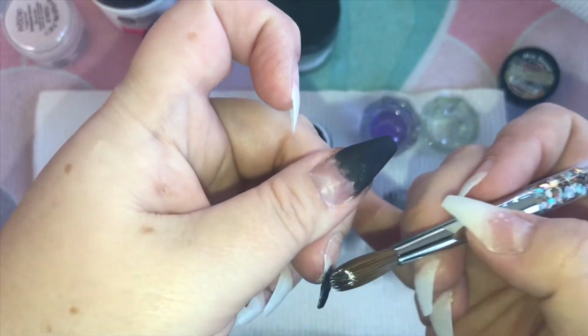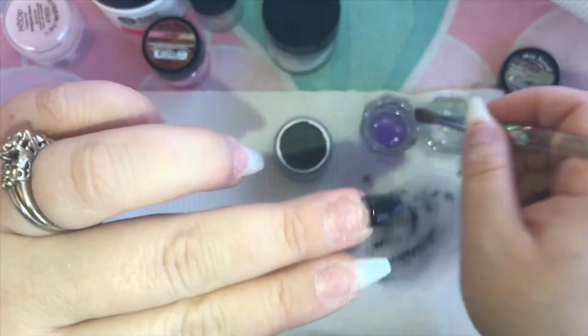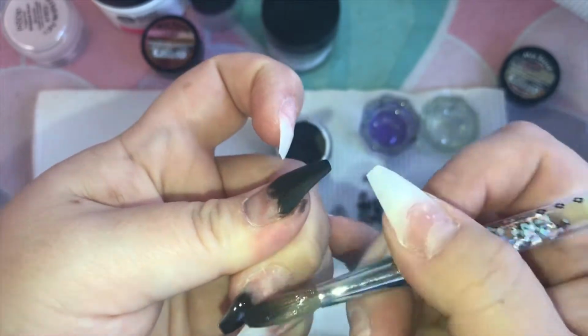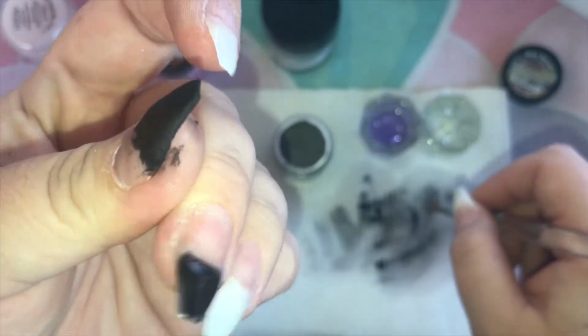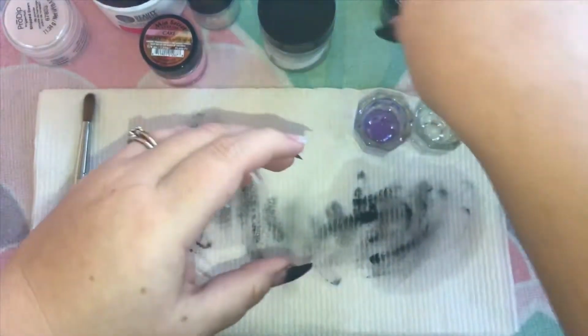So with this ombre, I'm just basically trying to put a bead at the end of my nail and drag it up just about halfway, not quite halfway, so that when I put this pink cover over the top of it, it will have a gradient look, and it will turn out to be an ombre nail that I'm going to put glitter over the tip of it. The black was not that,